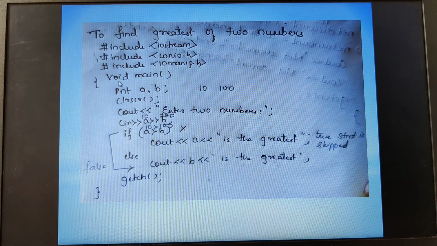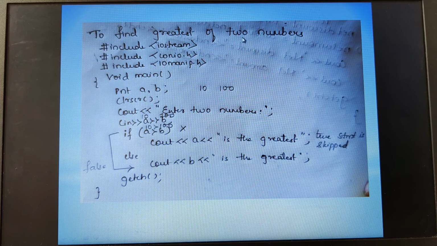Because it is the greatest of two numbers, I will take two variables, a and b, to read the values. Clear screen and then cout, enter the two numbers. When we are asking the user to enter the two numbers, the user may enter 10 and 100.